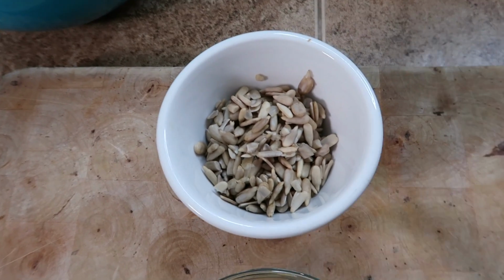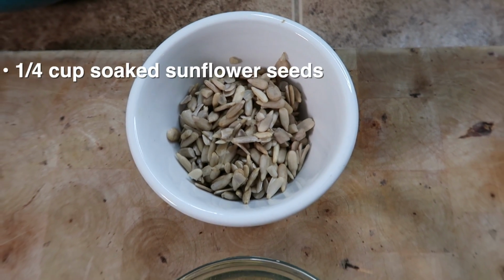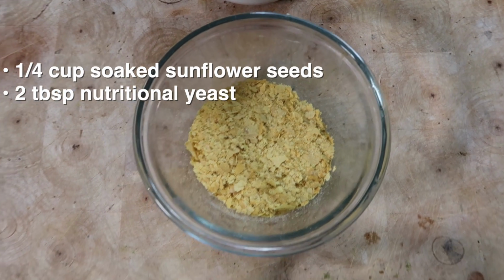Alright, so this last one I'm going to show you is going to be ranch flavored, and it's very similar to the first one, just with some slight differences. So in this one we're using soaked sunflower seeds as the base. So we've got a 1/4 cup of soaked sunflower seeds, and then we've got 2 tablespoons of nutritional yeast,